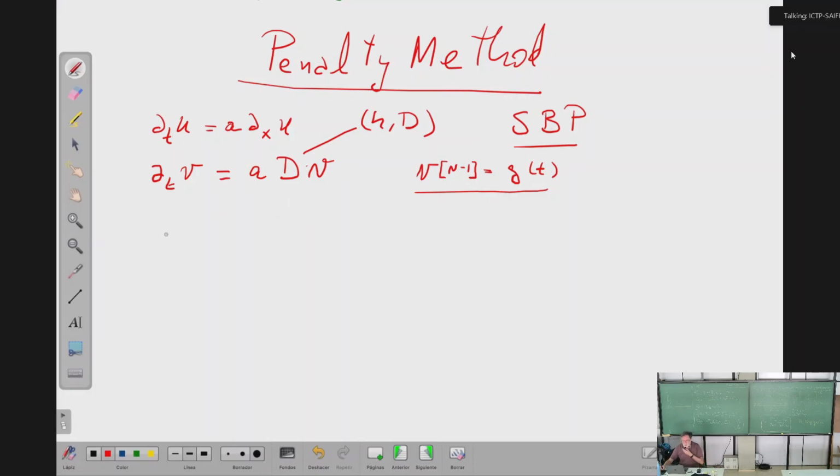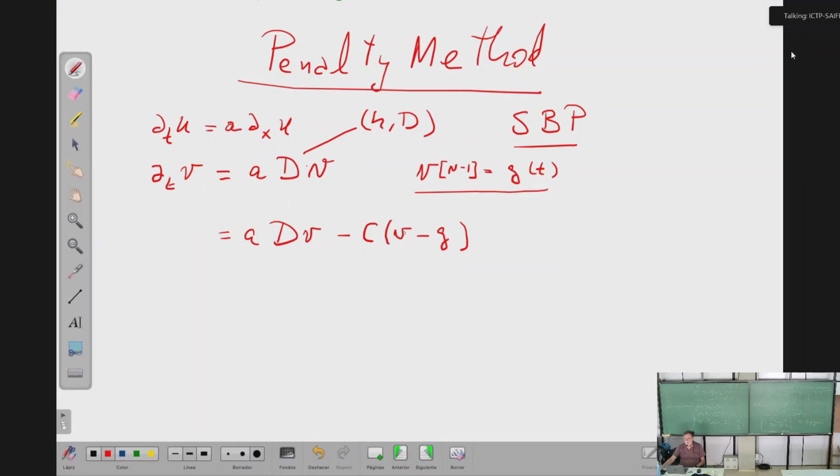So what they devised is the following. You say, okay, I will use all these equations, but now I will impose this boundary condition the following way. I put something here. I will put a minus sign here, some constant here, and here I will put v minus g. Okay? What is the idea here? That if this constant is big, you have, forget about this, in this part of the equation says,